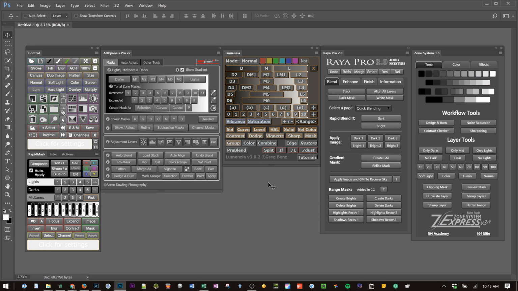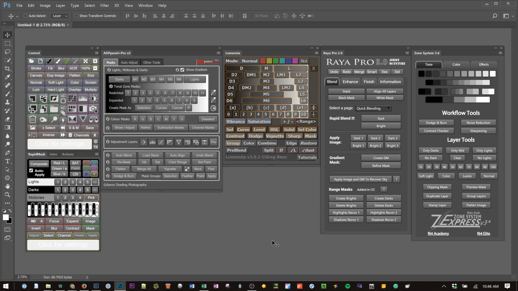Lumenzia is a great, simple panel. I really feel like this is just a phenomenal tool for the beginner, especially. It's got a lot of power. It's just so intuitive to use, and it's such a clean design. I really want to recommend this panel because I think it's great, and it's really closely hand in hand with